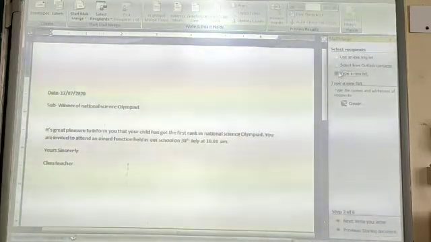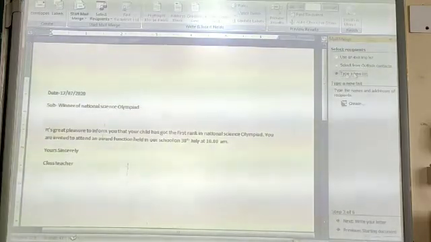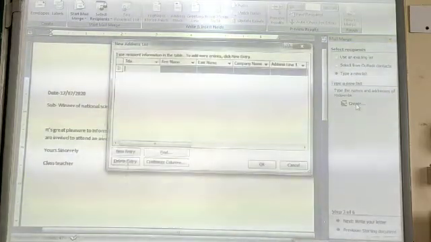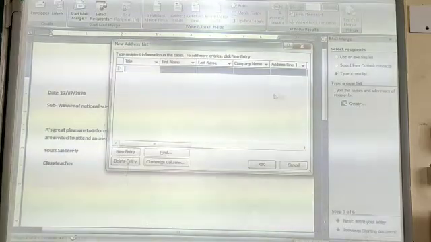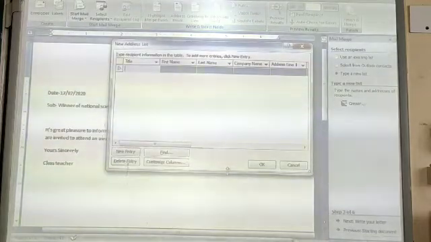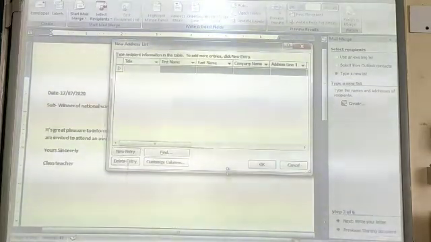As you click on type a new list, you will get the option create. Now as I click the create option, it will show you the window named new address list.